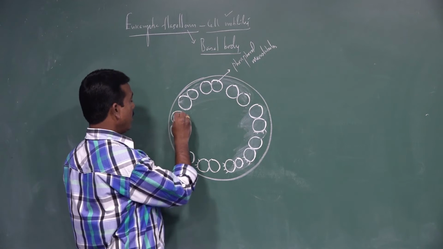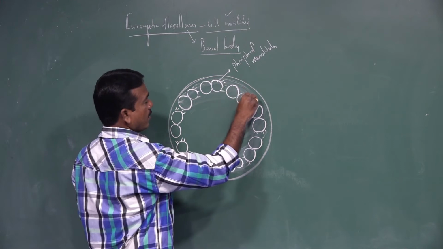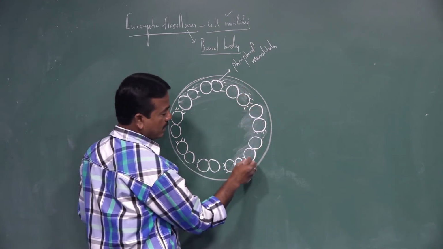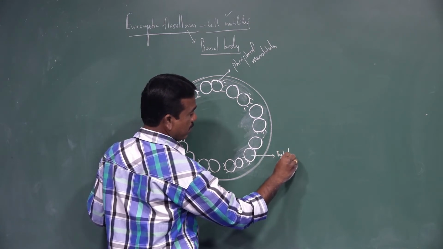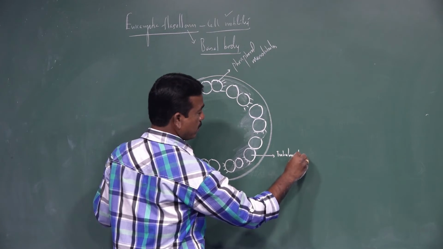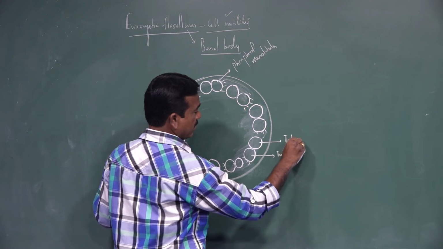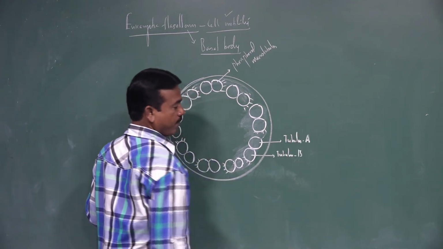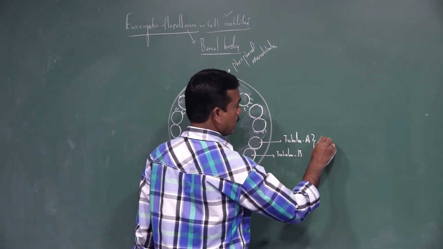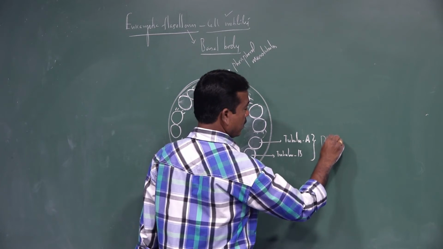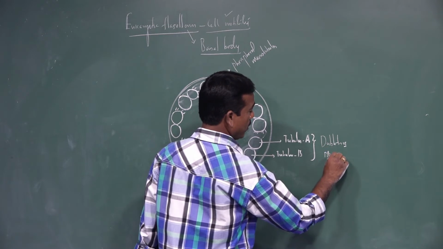One is called tubule A and the other is called tubule B. Those two together are commonly called a doublet of microtubules,